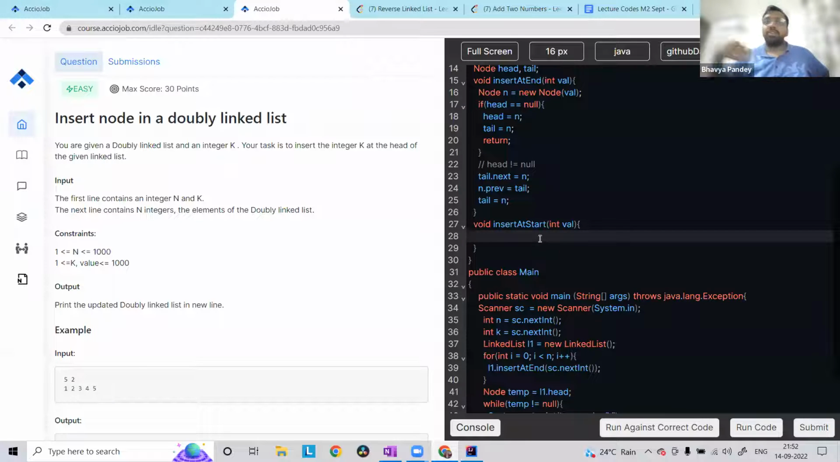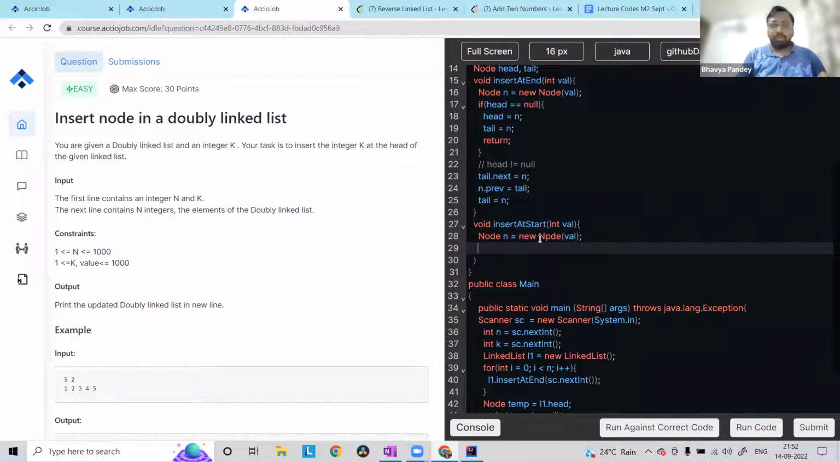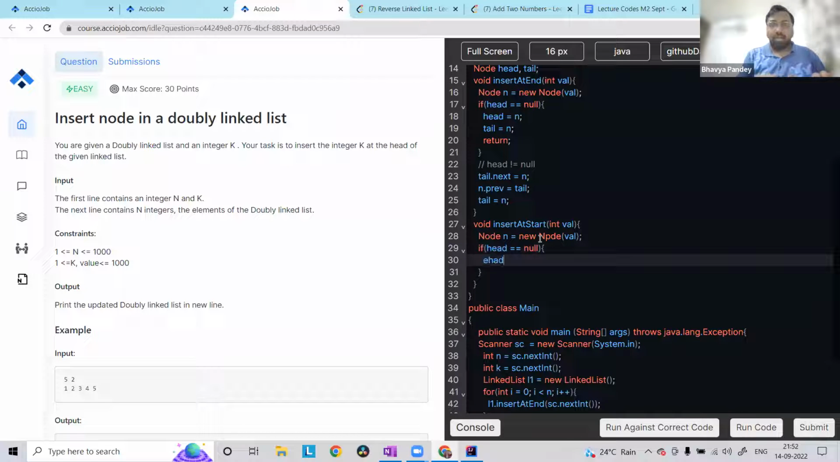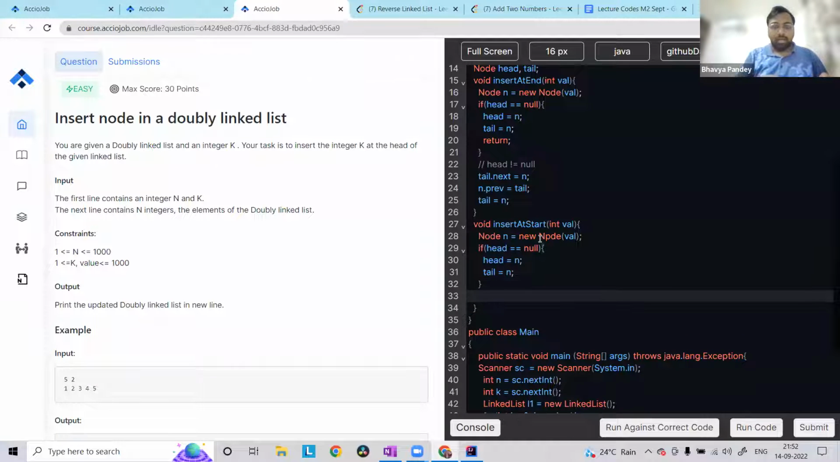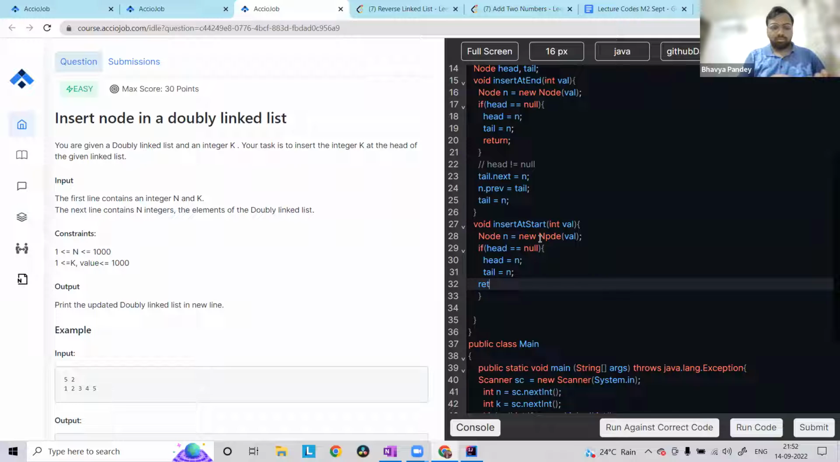Okay, so insert at start. First is what if head is null? That is also something that we will take here as well. First of all, node n is equal to new node, pass the val, and then what we want to do is, first of all, if head is null, that is, if linked list is empty, head is equal to n, tail is equal to n, right? And return also. Otherwise, what we will do is